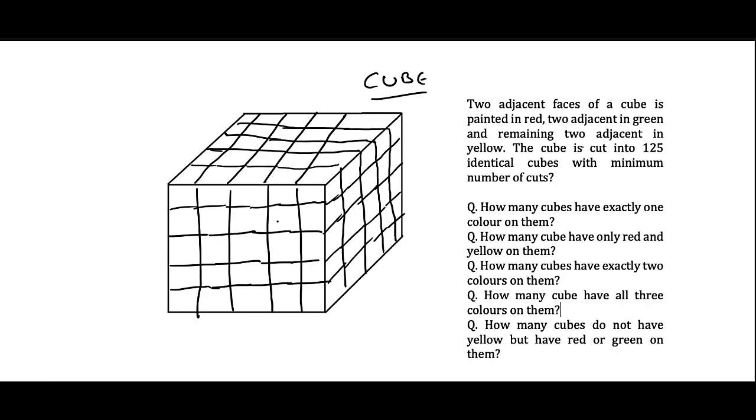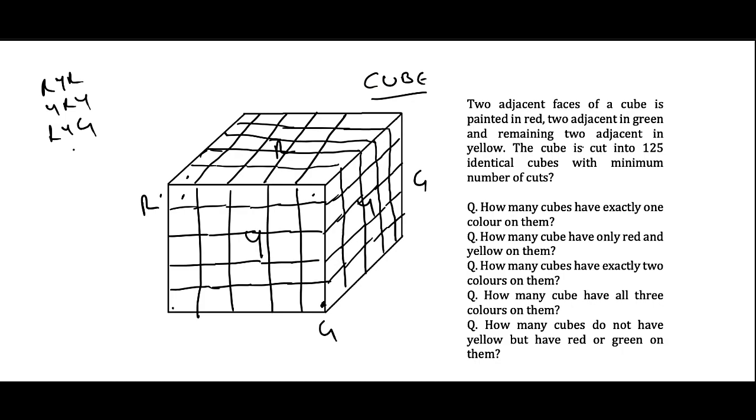We have 2 adjacent yellow, we have 2 adjacent red, that means on the top and the right side, and 2 adjacent green. Now here what we have to see is that there are 2 same colors which are adjacent to each other, so they will be meeting at certain edges. And if we see at the corners, we have only 2 corners which will be painted in all 3 colors, because if we see at this corner we have red, yellow and red. If we see at this corner we have yellow, red and yellow. Coming to this corner, yes, we are having all 3 colors.